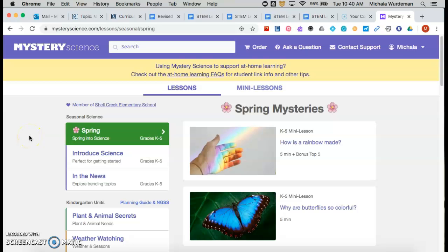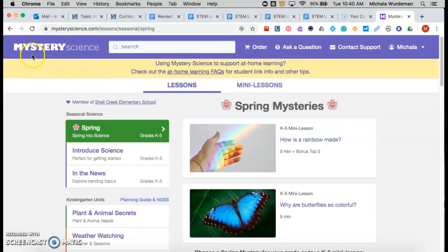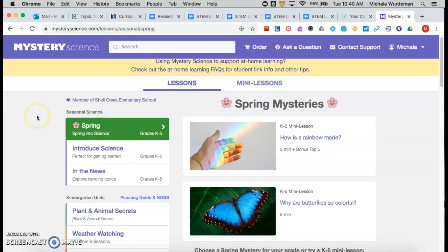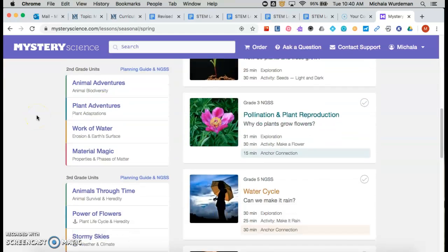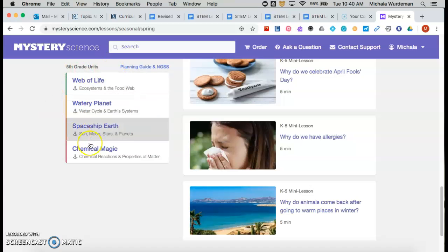For my STEM lesson or project, I decided to use the curriculum that we're using, which is Mystery Science, and go ahead and use the units that I teach. So down here under fifth grade, these are the 4 units that I teach, and I decided I wanted to make a STEM project to wrap up each unit that I have to just kind of have a culminating thing